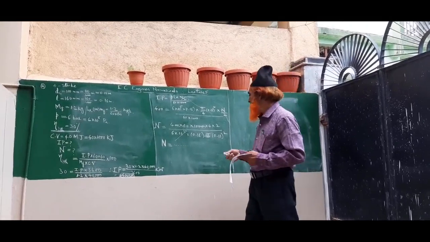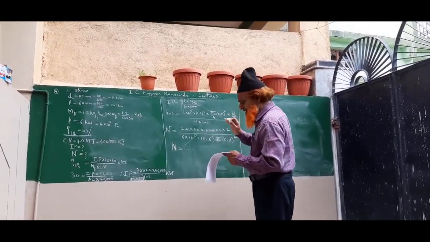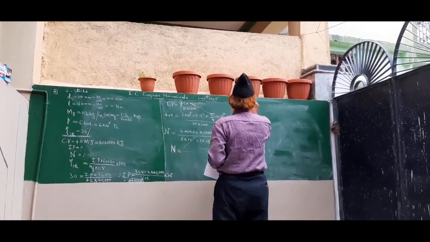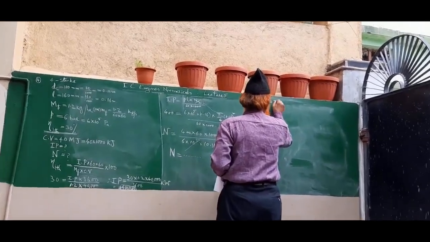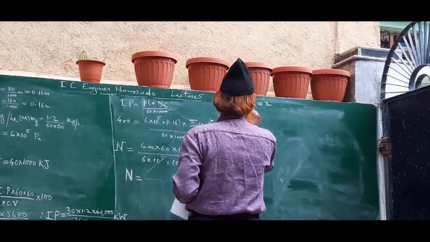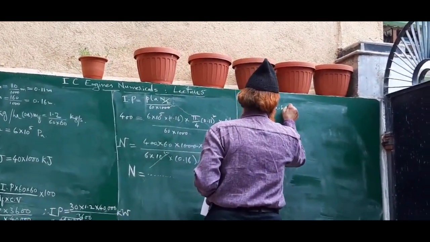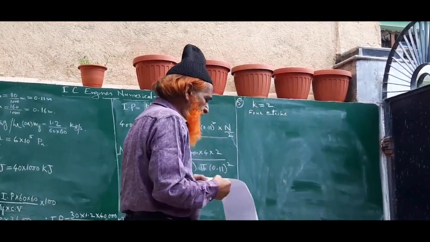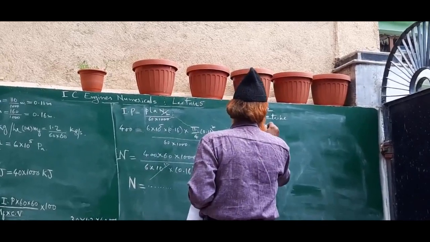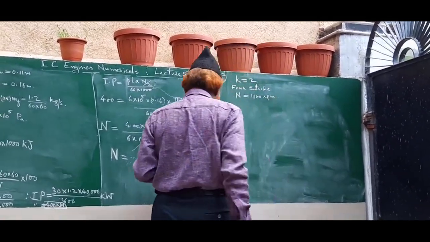Okay. This problem, I am giving full hints. You can make the calculations or I am showing you here. It is a 2-cylinder, therefore the K value is there. Here the K value is 2. Okay. That is a 4-stroke engine. Then runs at 1100 RPM. RPM is given, therefore capital N is 1100.